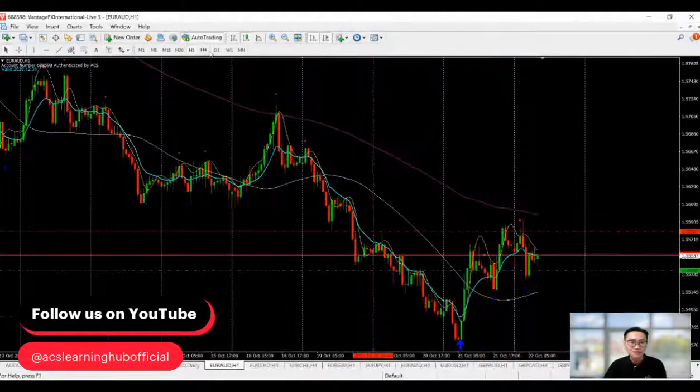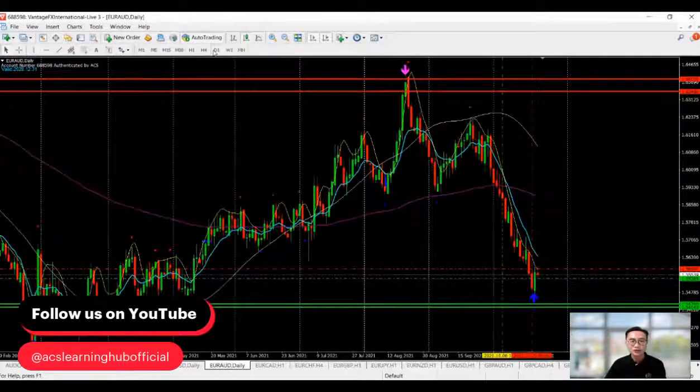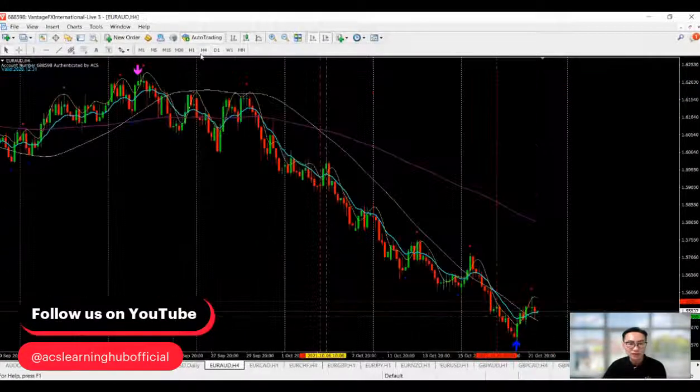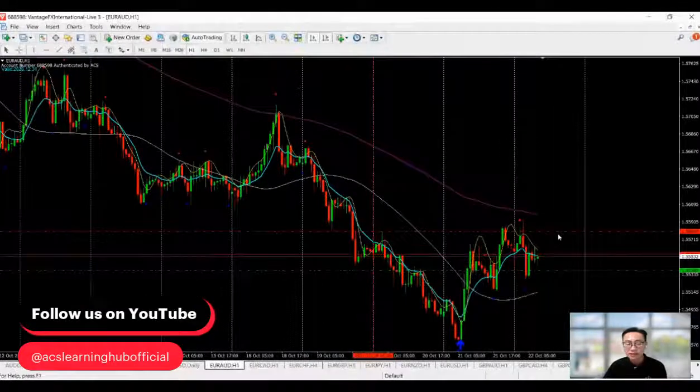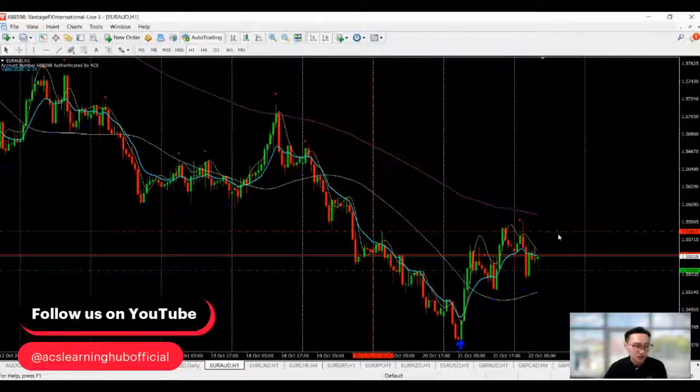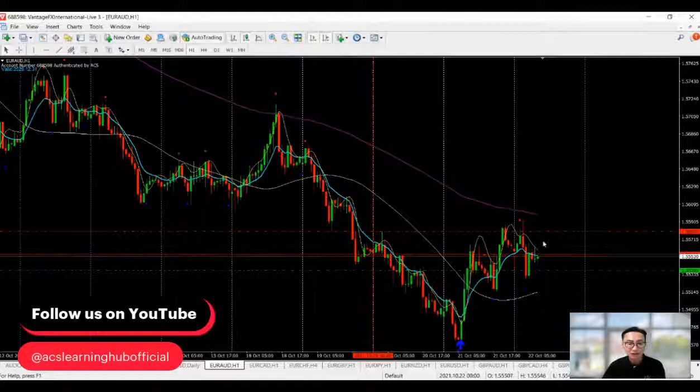Next, Euro Aussie. Yesterday we were talking about Euro Aussie, and maybe it's not good enough because it has been supported right over here, and indeed it's still moving upwards. Today it is showing a sign of resistance somewhere. But you must identify: is this a resistance? Actually, this may not be a resistance. In fact, it can be the ending of the retracement.